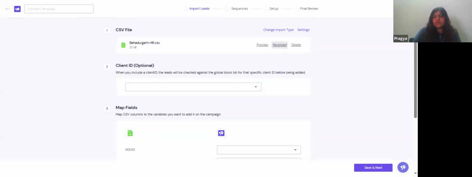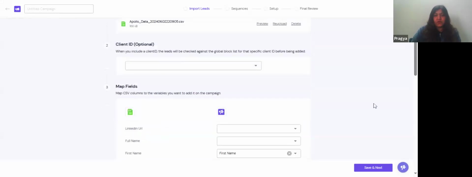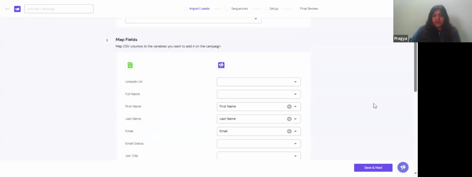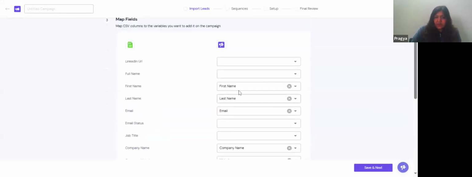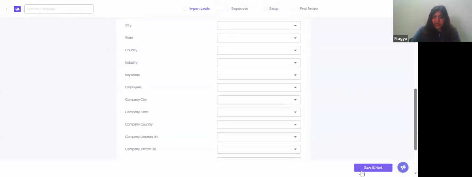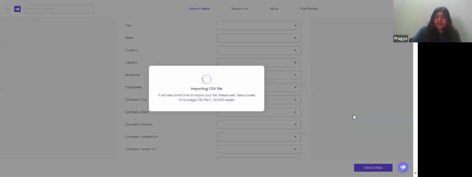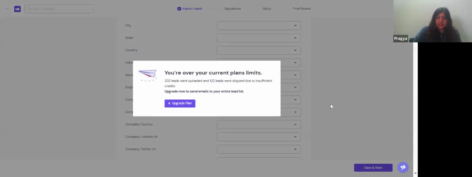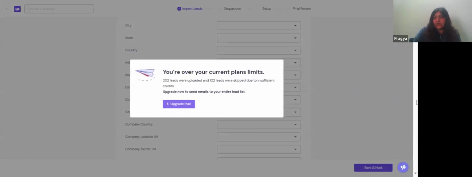Let's do this. So I do extract. I love extracting data from Apollo. It's not very accurate, but it is what it is. I only need the first name, last name and the email. You can choose as many metrics as you like. I'm only interested in when the leads get converted actually, so all the segmentation etc. I prefer to do on Excel, but it's totally up to you. I can't do this because I need to create another plan, but otherwise I have told you the process.